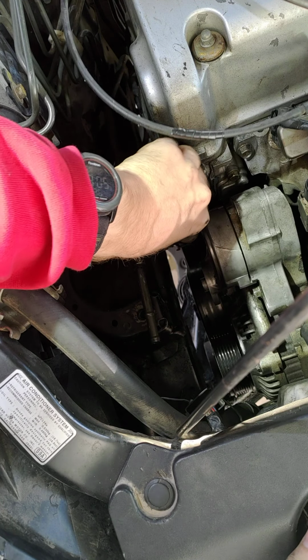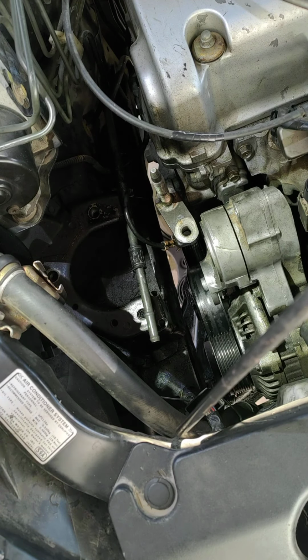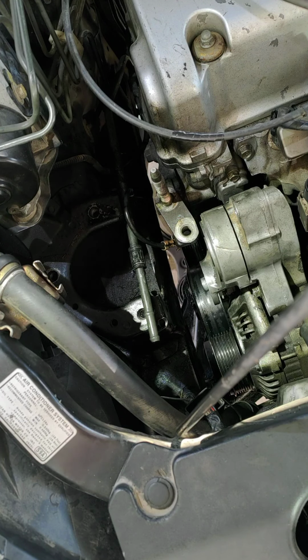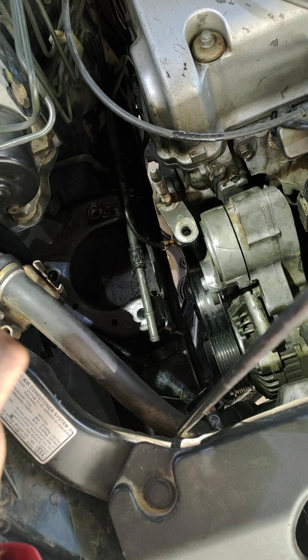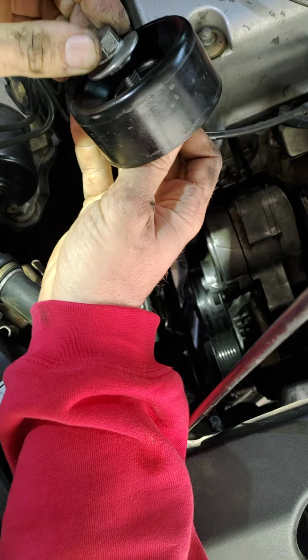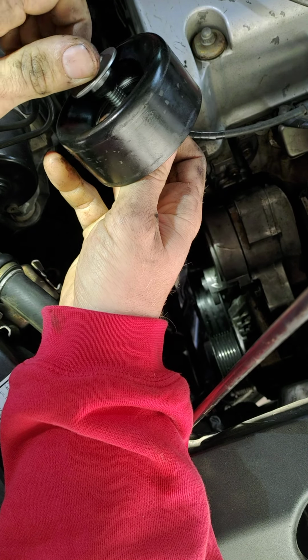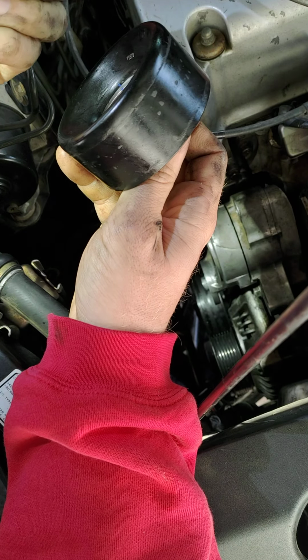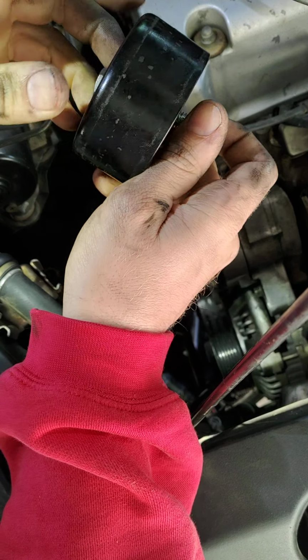Today I'm trying to change the water pump out. I was thinking about videoing most of this, but life happens. But anyways, here's the tensioner pulley. This is an aftermarket one. I kind of like the design a little bit better on this one than the original, but